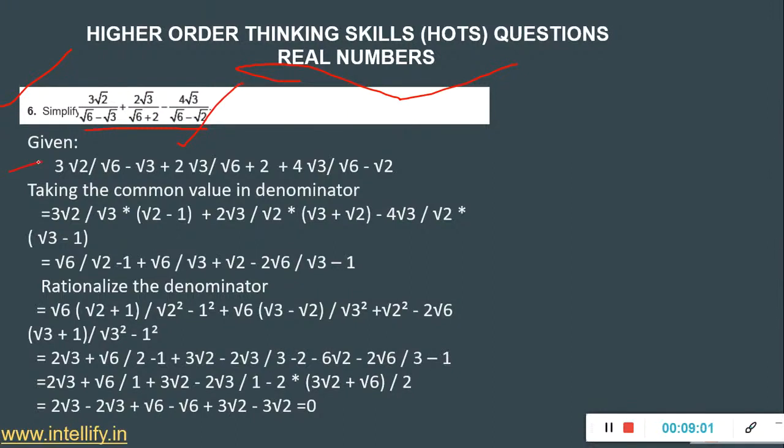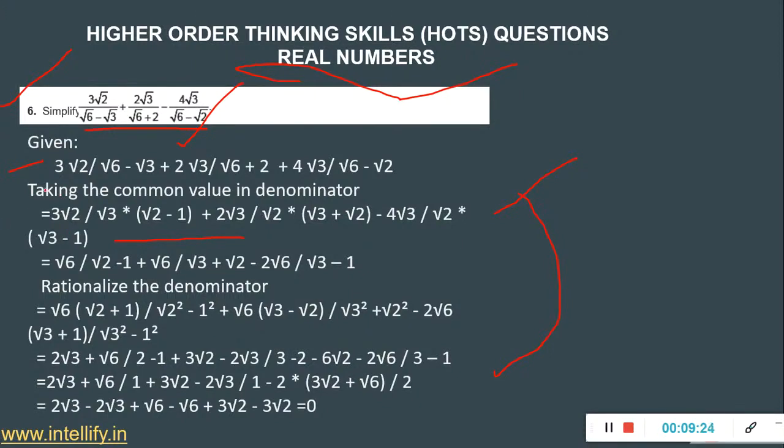Again we will write what is given. We have discussed similar questions in our previous class, where we have to rationalize the denominator. Here also, but before rationalizing, to make this expression simple, first we will take common factors out of the denominator.